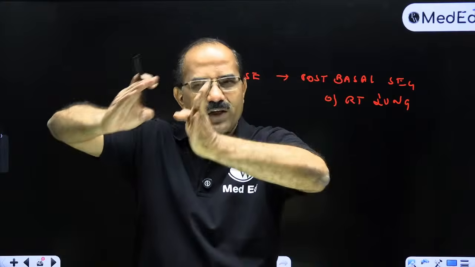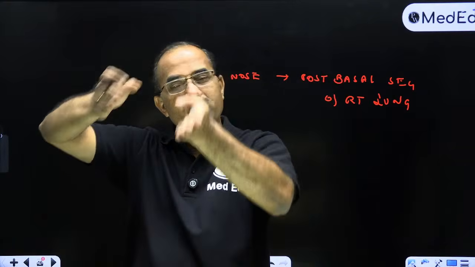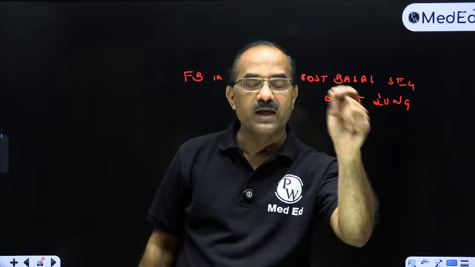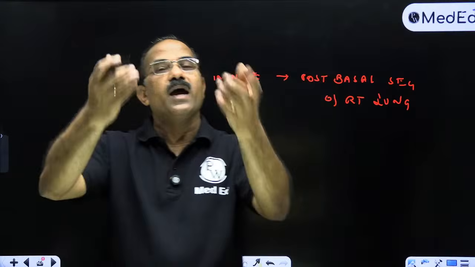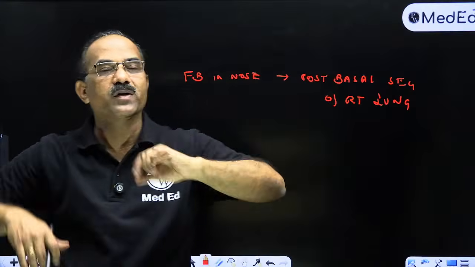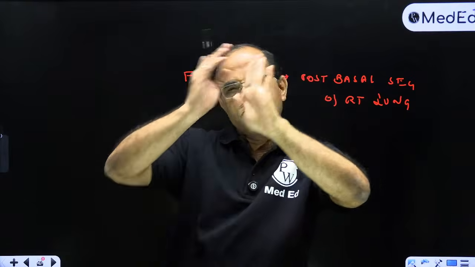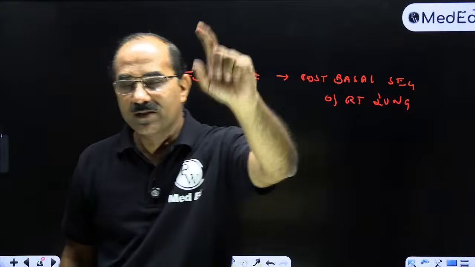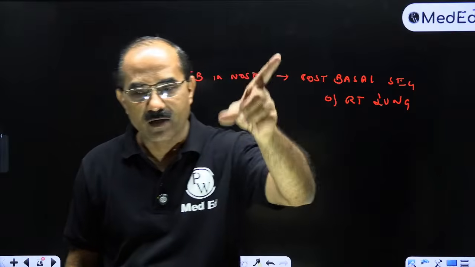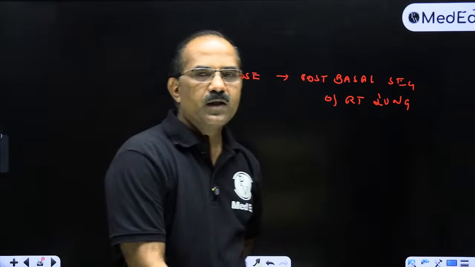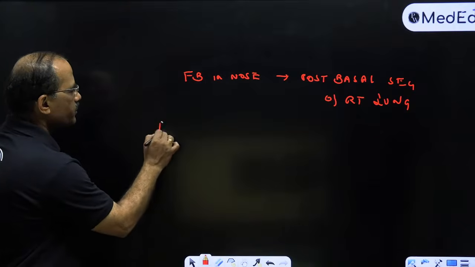मतलब trachea continues as the right primary bronchus. The right primary bronchus continues as the secondary bronchus for the lower lobe, and this continues as the tertiary bronchus for the posterior basal segment. So अगर foreign body nose में जाता है, it directly goes to the posterior basal segment of the right lung. Very important. ठीक है. And दूसरा बोलो, aspiration pneumonia